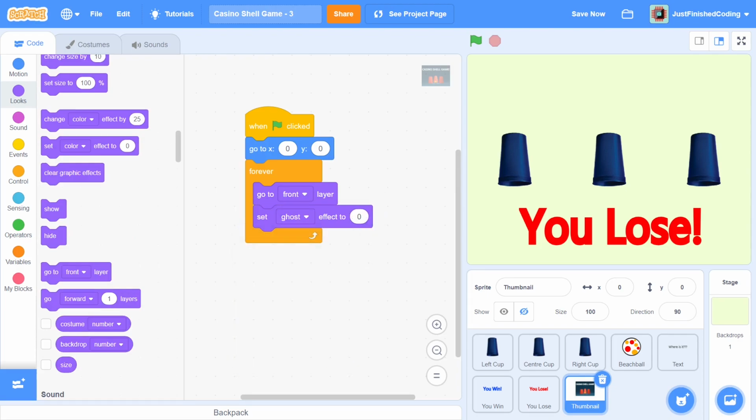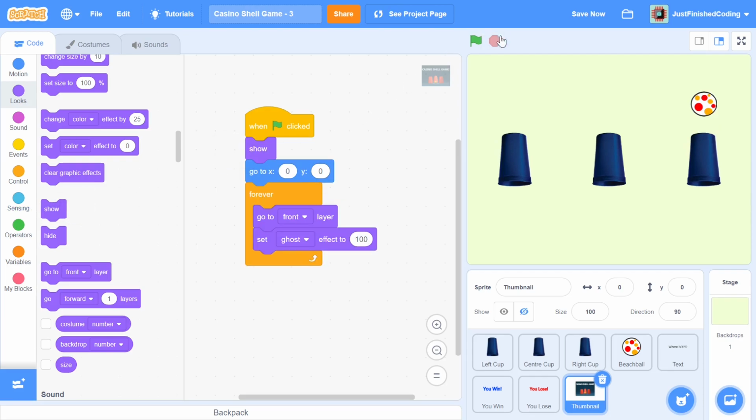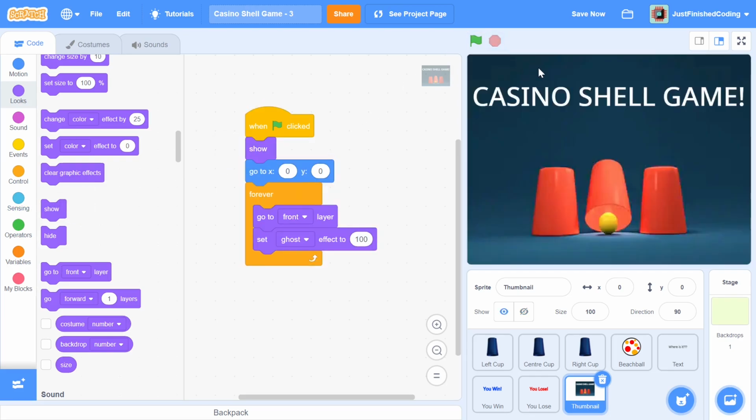And ghost effect 100 basically means that the image is totally transparent. And what Scratch does is when we press the red flag or stop the entire game or whatever code we have, all the special effects are going to be basically deleted instantaneously, and this ghost effect is going to turn into a fully opaque image. So when we're opaque, we're going to be right at the front, and thus we're going to block everything else. So just to show you what I mean, I can press start and stop, but as of now nothing worked because I didn't show it yet. So you can add a show, start and stop, and there you go.